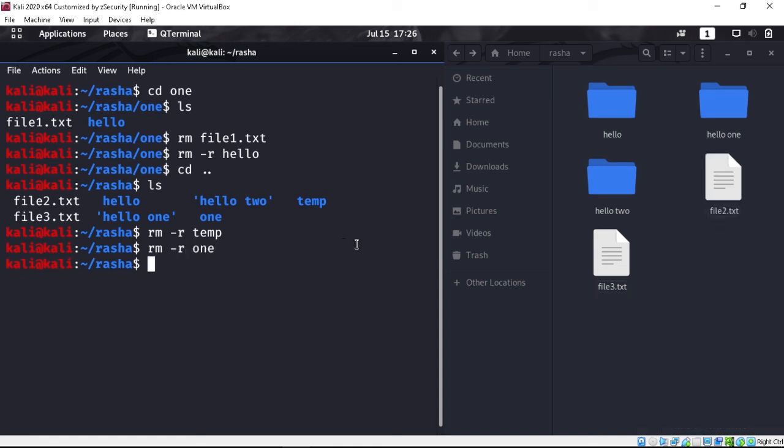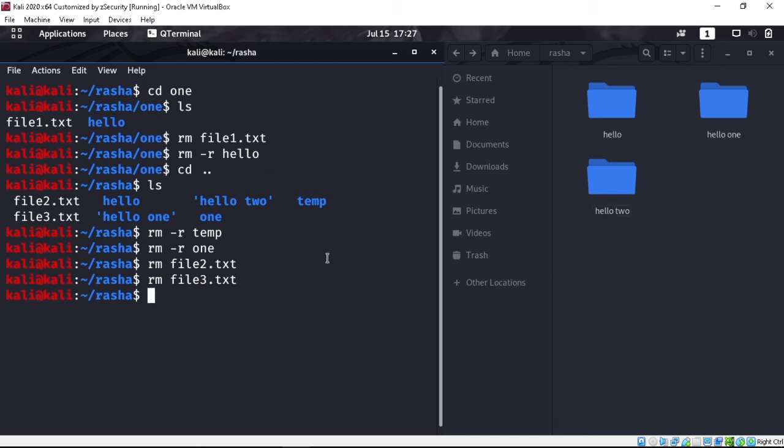It is also gone. In order to delete a regular file like file2.txt, just do rm file2.txt. In order to delete file3.txt, it is also deleted. And now in order to delete these folders, just do